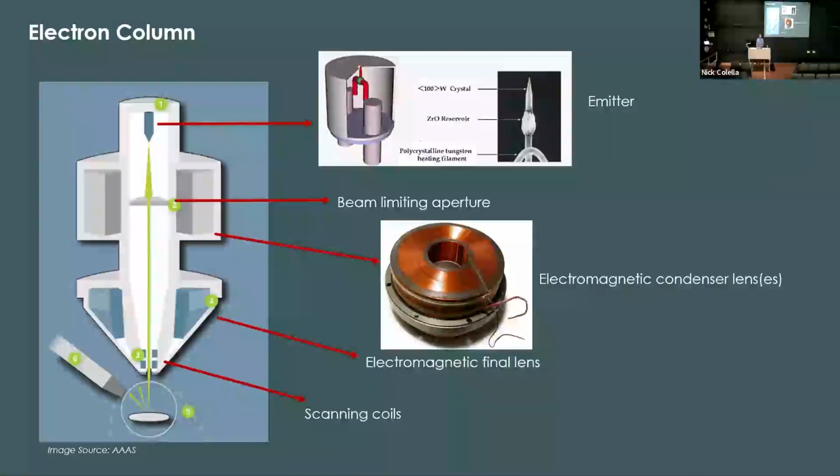So as the electrons are forming a beam, they're traveling down what's called the electron column. So we started at the top. As it progresses, we'll go through some form of aperture, which is going to restrict the diameter of the E-beam, and one or more condenser lenses, which will control the beam current, until finally at the bottom, we have what's called the electromagnetic final lens, or you might call it the objective lens, which is going to focus the beam and scan it across the surface so we can build images.